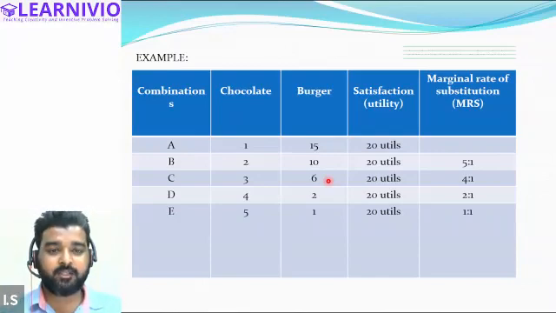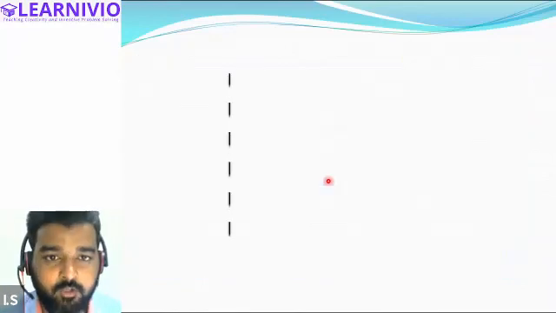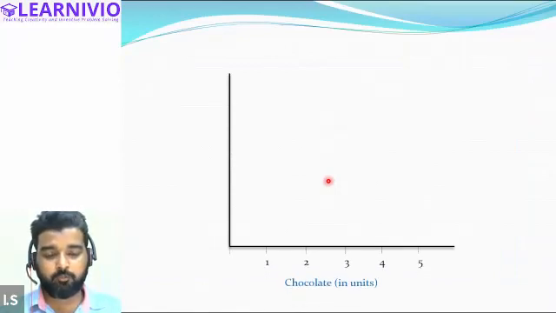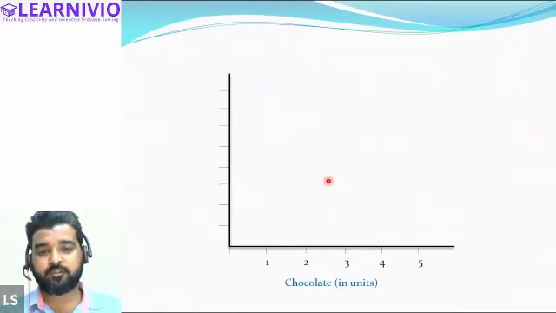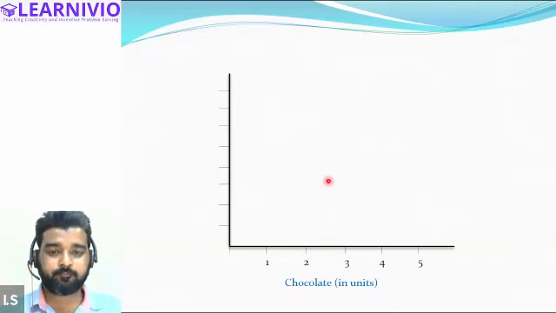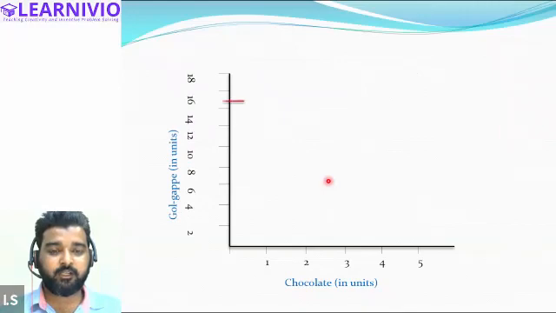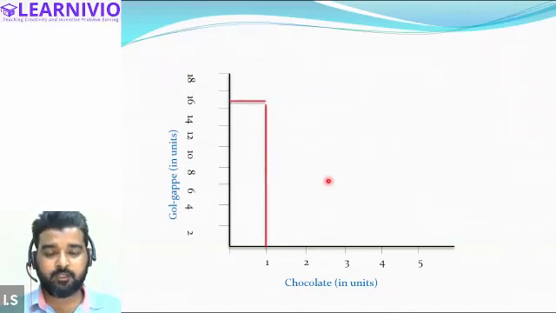Moving on, based on this table, we can make this diagram just the way I have drawn on the notebook. For this, we will draw the x-axis and y-axis. We will take the commodity which is increasing on the x-axis, and the commodity for which we are sacrificing quantity will be shown on the y-axis, right? Now we will plot different combinations like this.